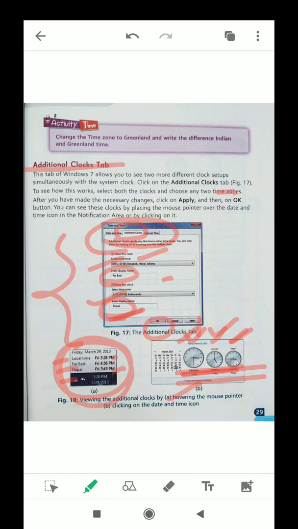Okay, so your homework is to write the recall time in your copy, as well as you have to do the objective questions by yourself, and after that I will also give the answers. And please read this chapter 2 thoroughly and try to understand each point. Okay, thank you.